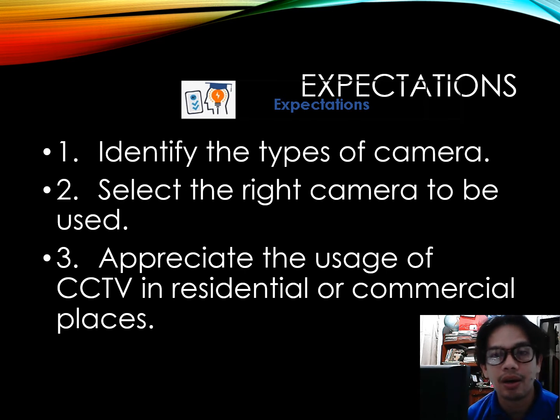I have my discussion also on the fire alarm, not only CCTV, because CCTV and fire alarm are essential devices for us to have, especially in commercial buildings. You should have CCTV, and that's for the safety of the people, for us also. So before I begin our important topic today, our previous discussion is